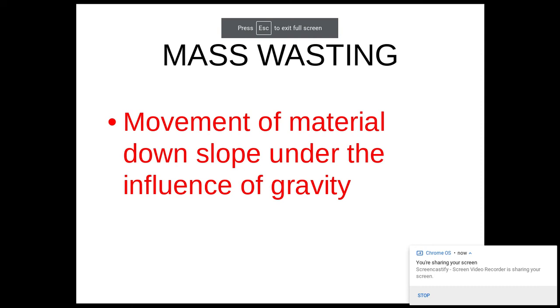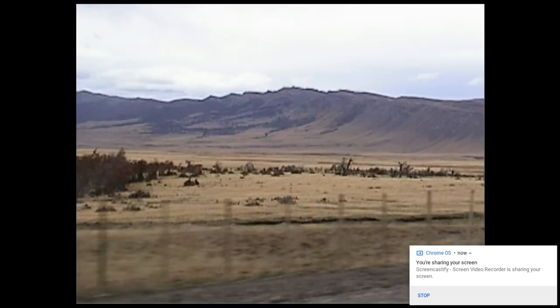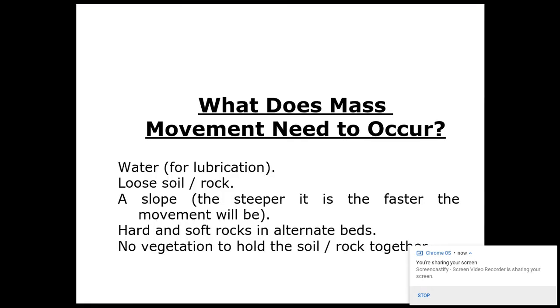Today we're going to be talking about mass wasting, which is a massive amount of material moving at one time. So it's moving the material down a slope under gravity. We know at this point that gravity has been moving everything. So mass wasting, nice picture, is caused because of some sort of lubrication, typically water, or the fact that it's very loose rock and steep slopes. And what happens is sooner or later it gets jostled free and falls.